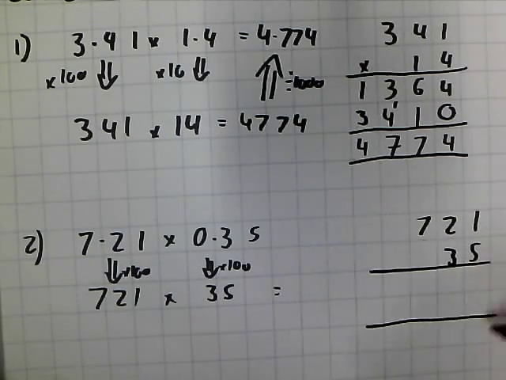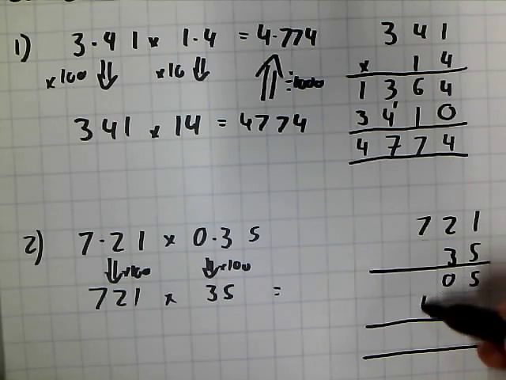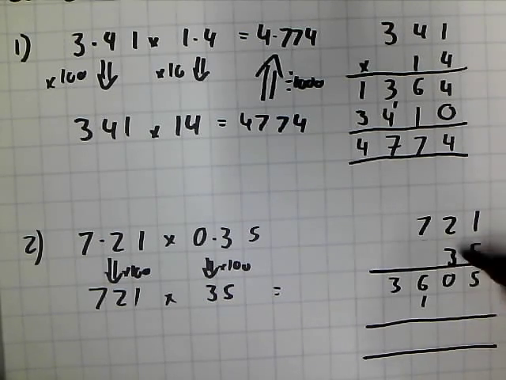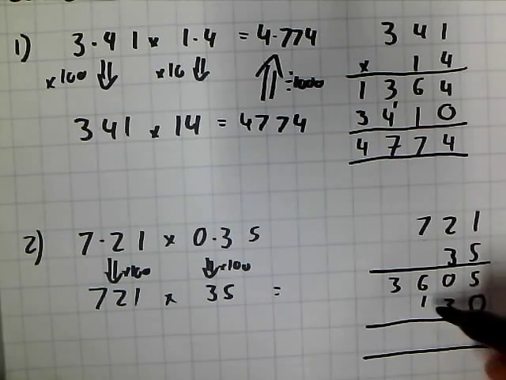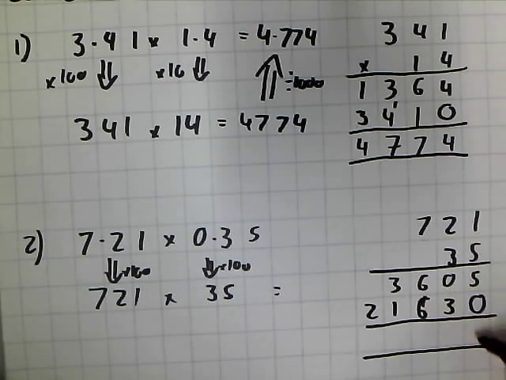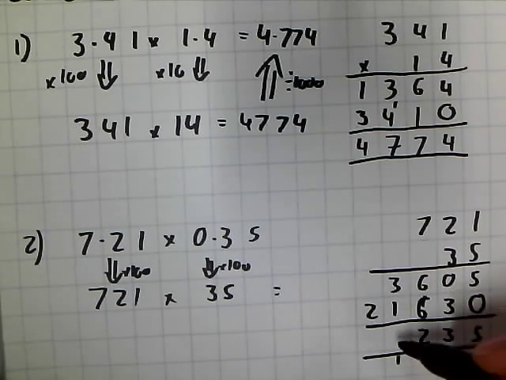5 times 1 is 5, 5 2s are 10, 7 5s are 35 plus the 1, 36. Now I'm multiplying by 30, so placeholder 0. 3 times 1 is 3, 3 times 2 is 6, 7 3s are 21. And now add, 5 add 0 is 5, 0 add 3 is 3, 6 add 6 is 12, carry the 1. 3 plus 1 is 4, carry the 1, 5, and 2. So I've got